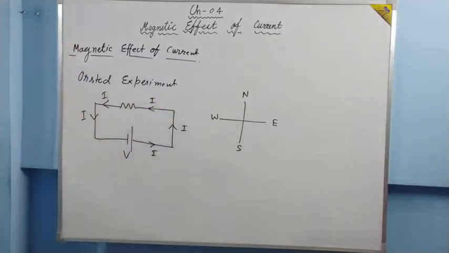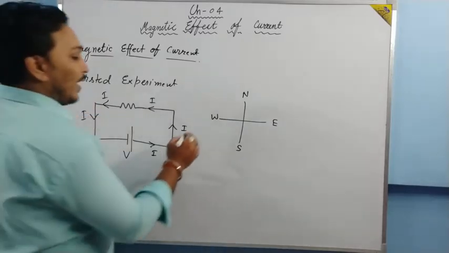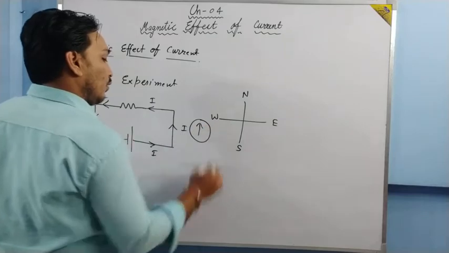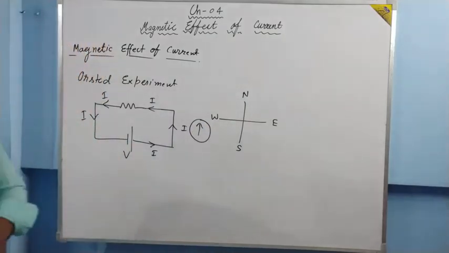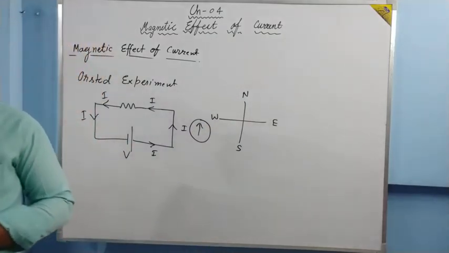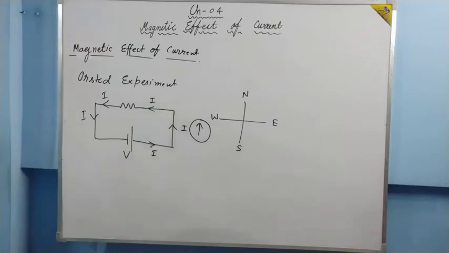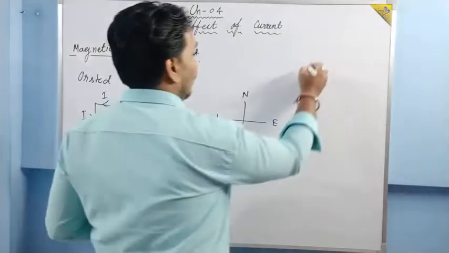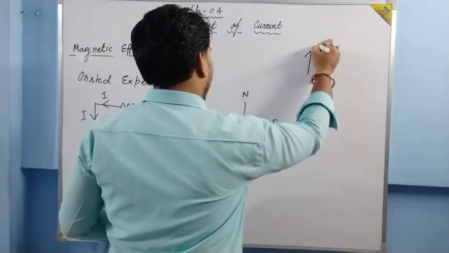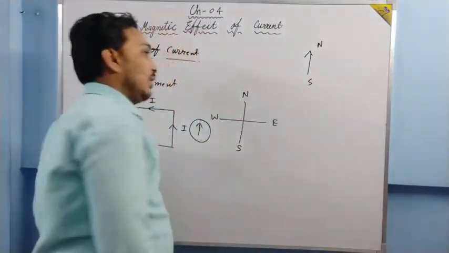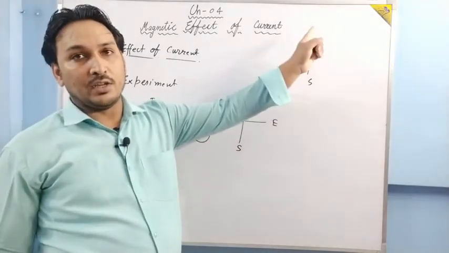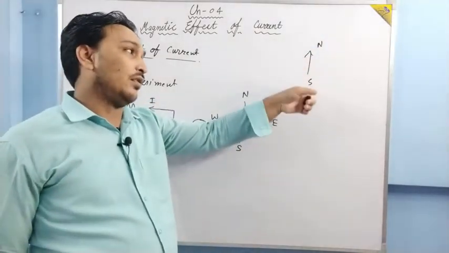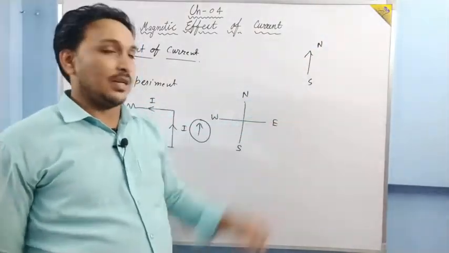Okay. Now just try to understand what Oersted found out. When we move a magnetic compass. What is a magnetic compass? A magnetic compass is a magnetic needle, and we know the property of magnets that it always stays in the direction of north and south. The arrow is always in the north direction and the tail of that magnetic needle is in the south direction.